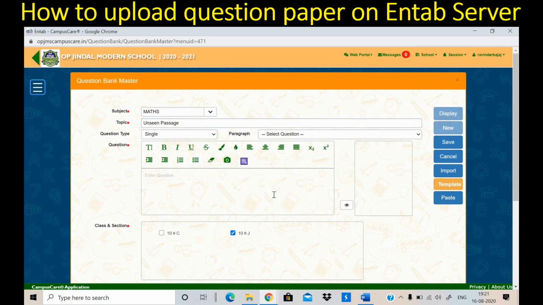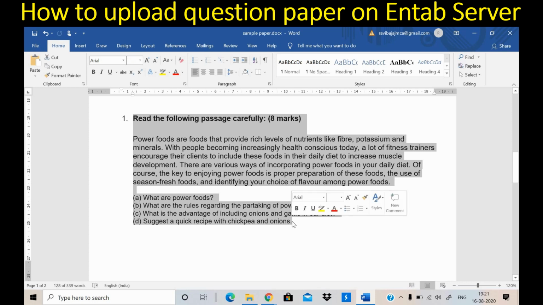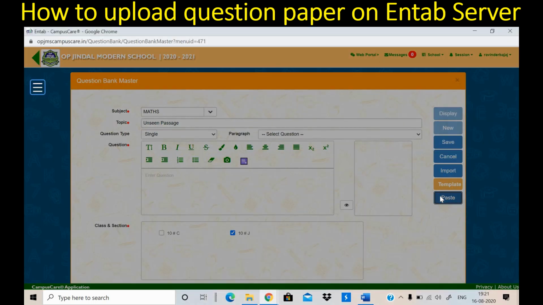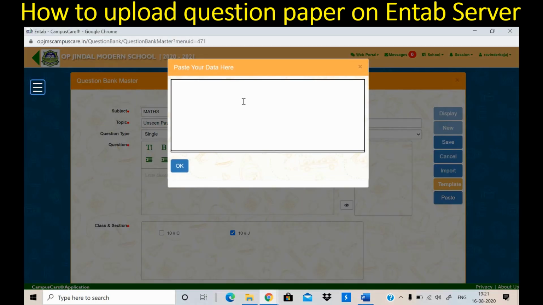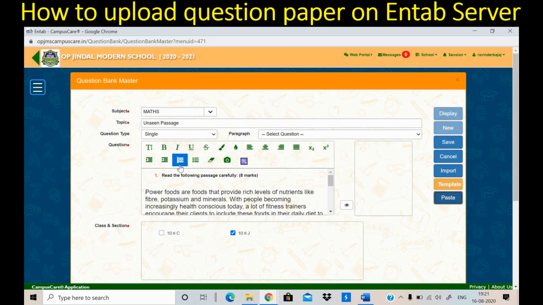And here you want to write that paragraph, so better is you copy it from where you have already typed this question. You copy this, Control C, and then you paste it here, Control V, press OK.